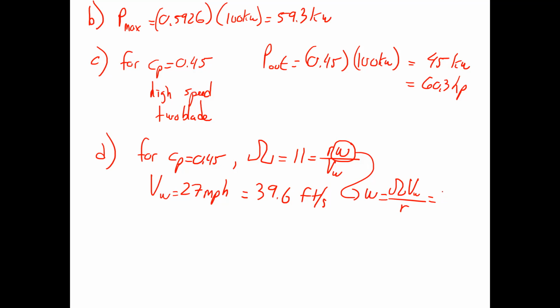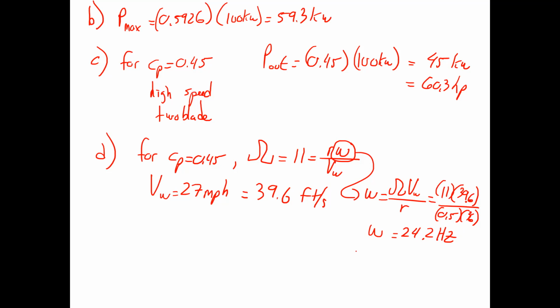So if we go ahead and plug in our numbers, 11 for the advance ratio, 39.6 feet per second for wind velocity, and the radius is going to be half of 36. So we get, with the proper conversions, a rotational speed of about 24.2